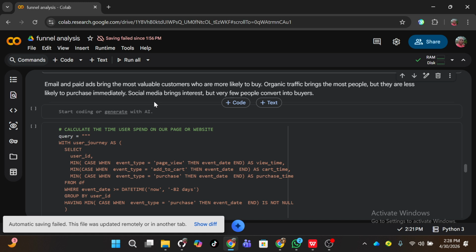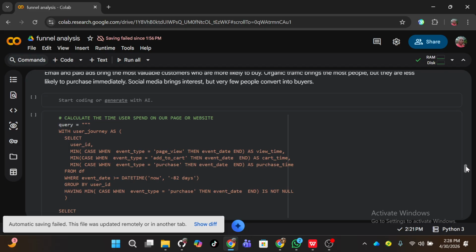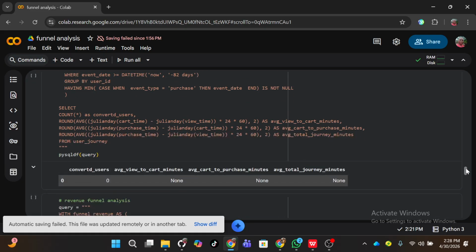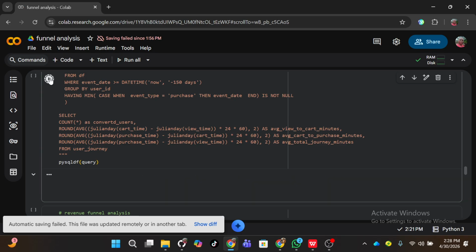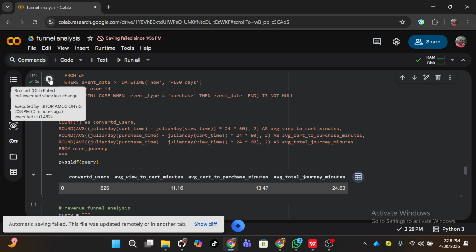Okay, so let's keep going. Now we are going to calculate the time people spend on our page. Why do we need to know this? We need to know the time people are spending in order to know if they are scrolling past our page or not. So by the time we run this code, we saw that on average,